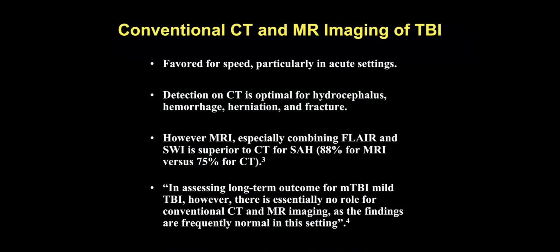That means that if an individual has a conventional CT and MRI without advanced imaging, without quantification of any advanced techniques, and the scan is called normal, all that means is that the neuroradiologist or the radiologist, because it's not always a neuroradiologist looking at the scan, examining the scan cannot see anything that they can visually identify as abnormal that they can report. But that doesn't mean there isn't more subtle disease that could be detected with the right combination of advanced imaging and related quantified approaches. So that's very, very important to understand right off the bat.